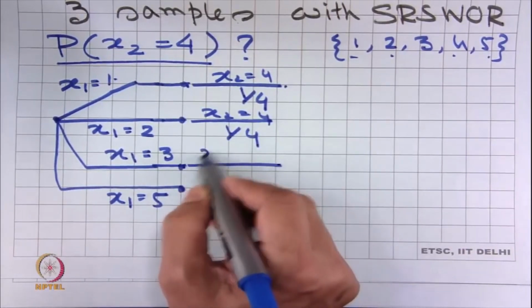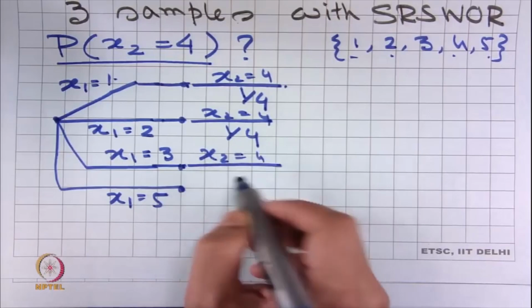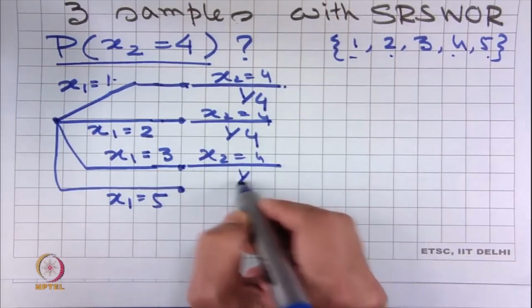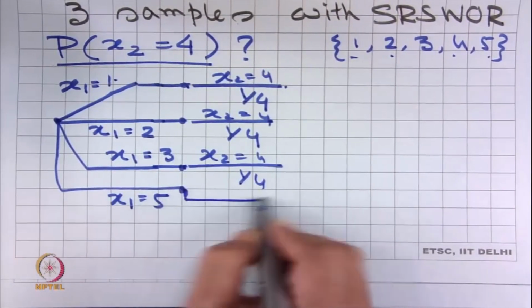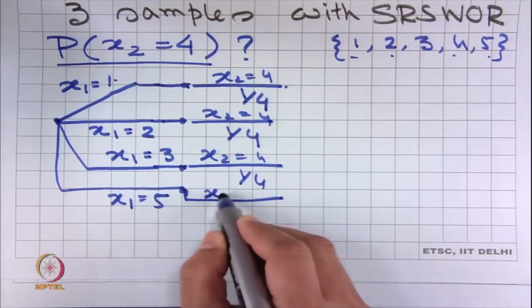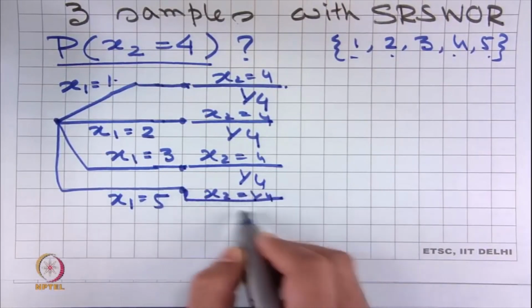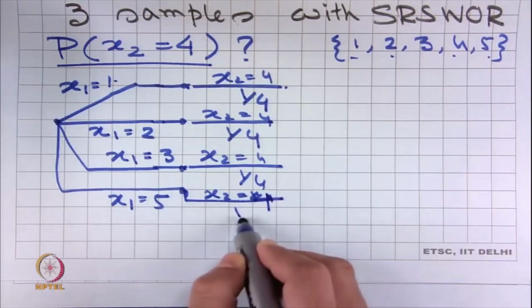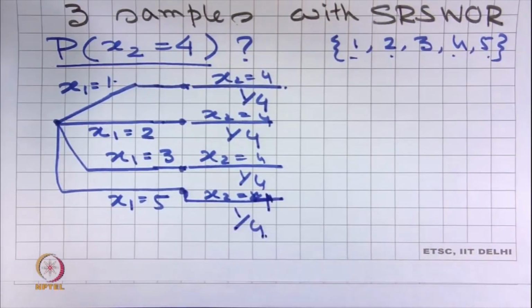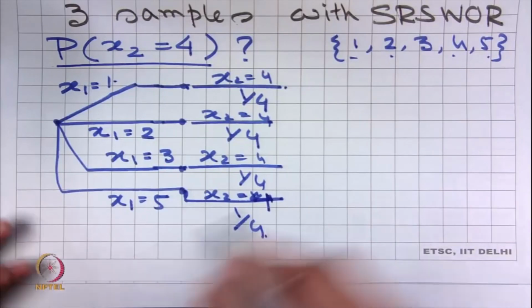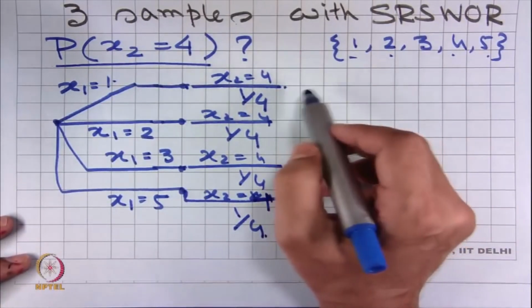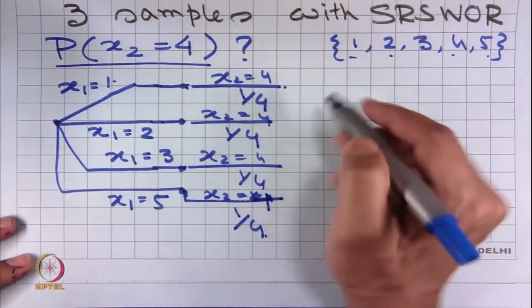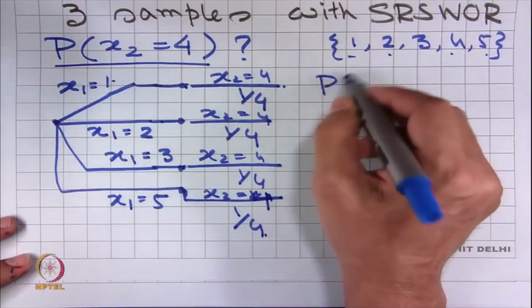Here also x 2 is equal to 4, that probability is 1 by 4, and in a similar way this probability x 2 is equal to 4 is 1 by 4. Therefore, the second sample can be 4 if the